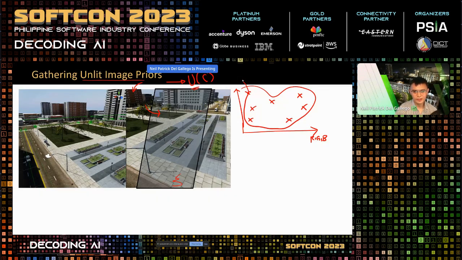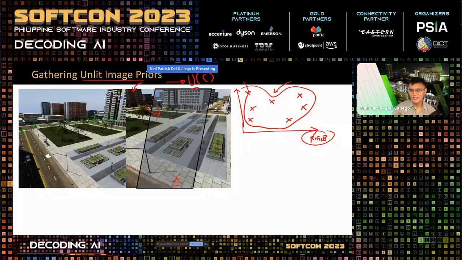However, ang limitation niyan is definitely you would require more training power, more computational complexity kasi mas malaki or mas complex yung distribution ng RGB. So you would require tons and tons of training time for a vision model to properly model ano